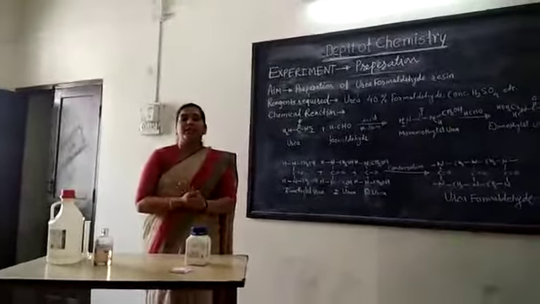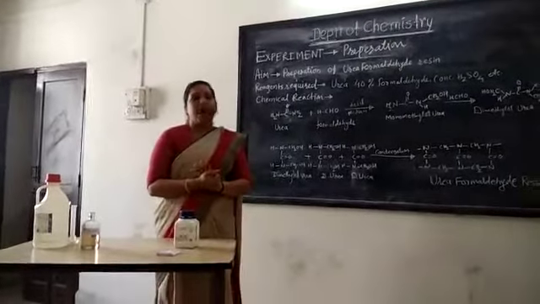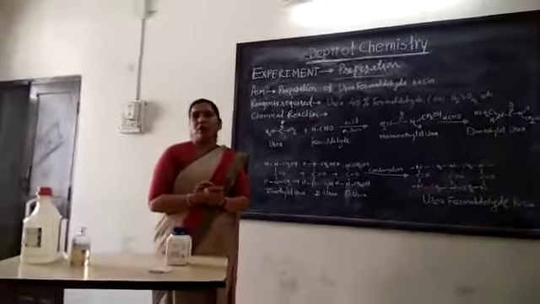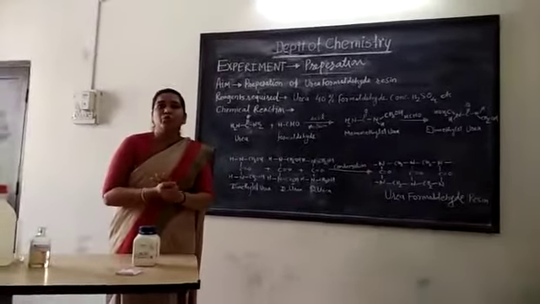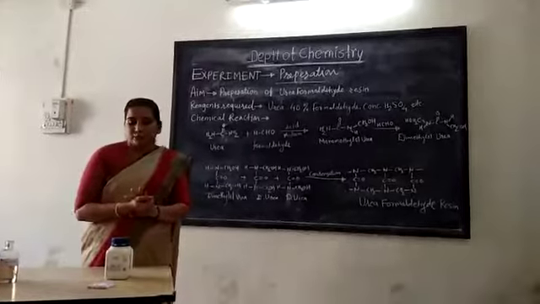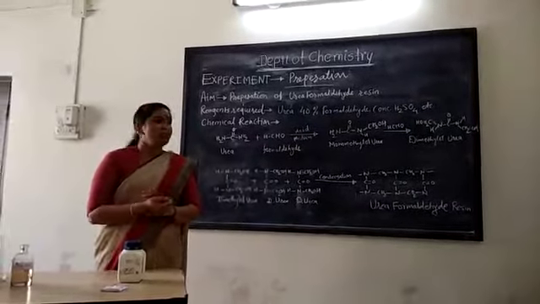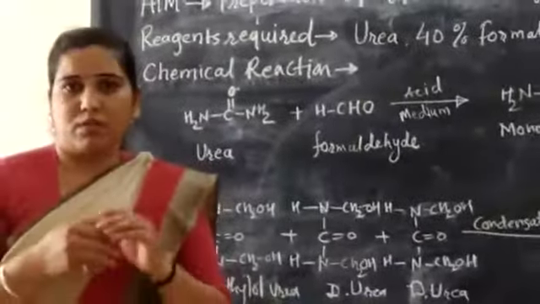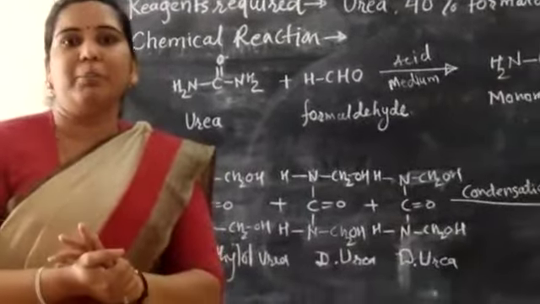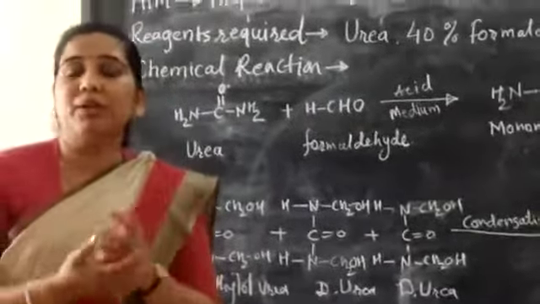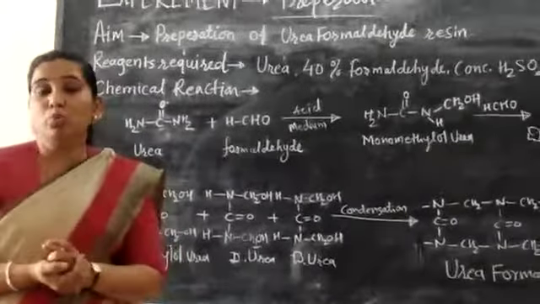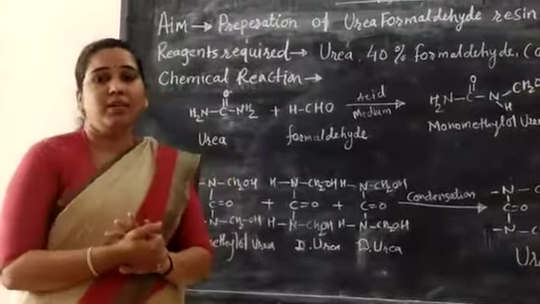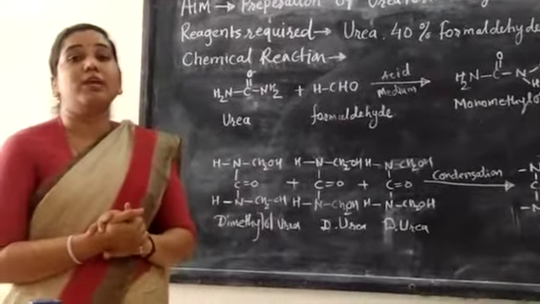As it is just prepared, there are a number of applications of urea formaldehyde resin. Generally its preparation is used in chemical industries or polymer industries, and there are a number of applications of such condensation polymers. Condensation polymers are very capable of withstanding very high temperatures, so that's why they are used for the preparation of pressure cooker handles. Then such types of switches can be made from these resins, which are called condensation polymers.